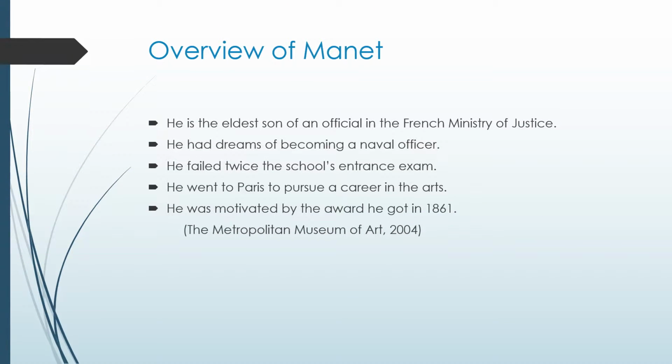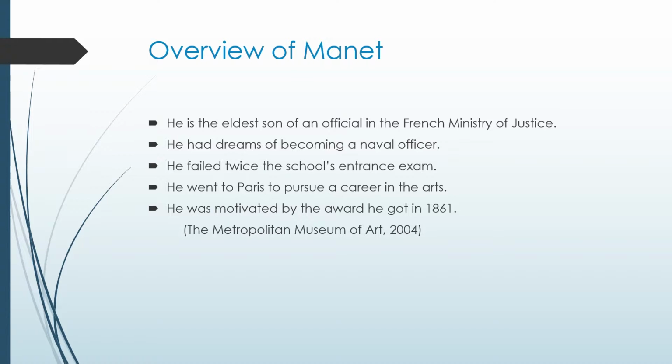About the overview of Manet, he is the eldest son of an official in the French Ministry of Justice. This was one of the parents of Manet, and he was an official in the French Ministry of Justice. And for Manet, he had dreams of becoming a naval officer. He didn't have a dream of becoming a painter or an artist. He just wanted to become a naval officer, and